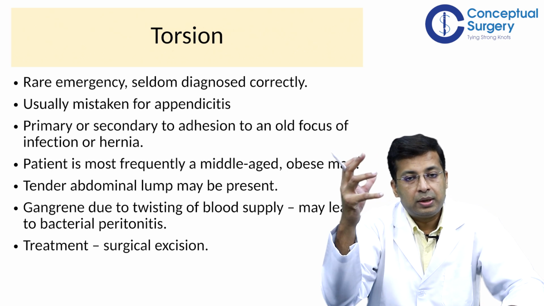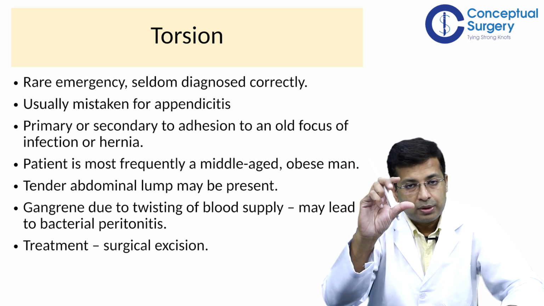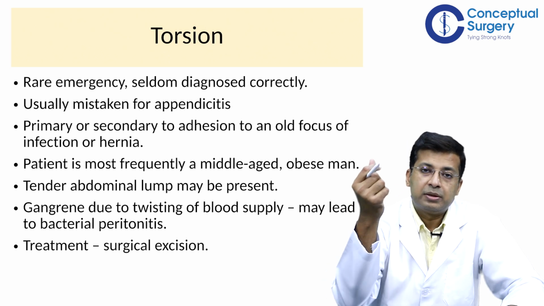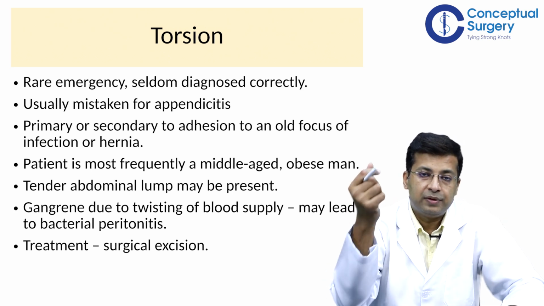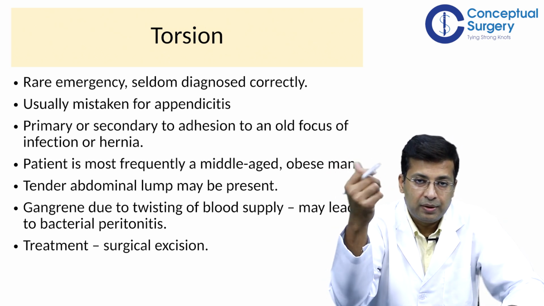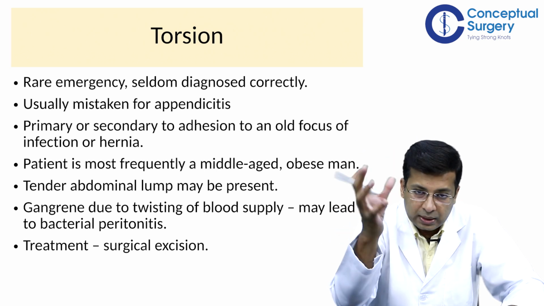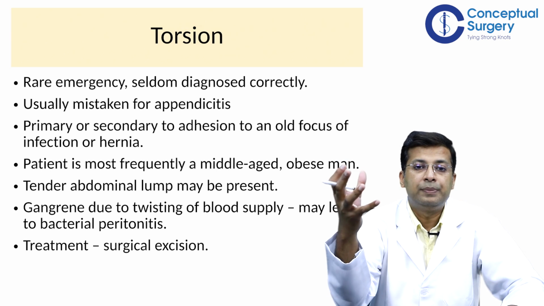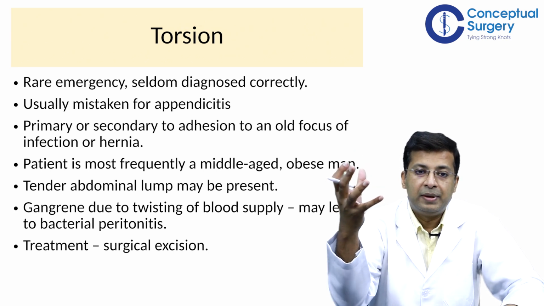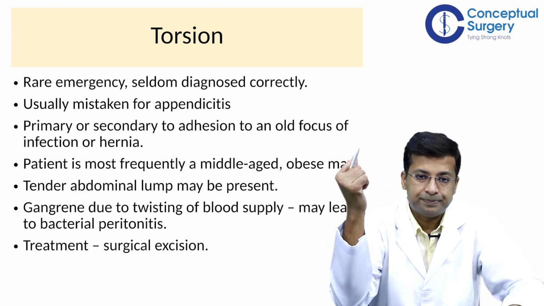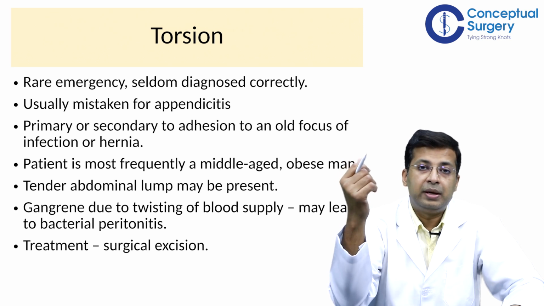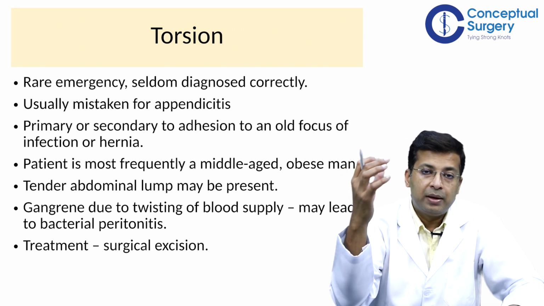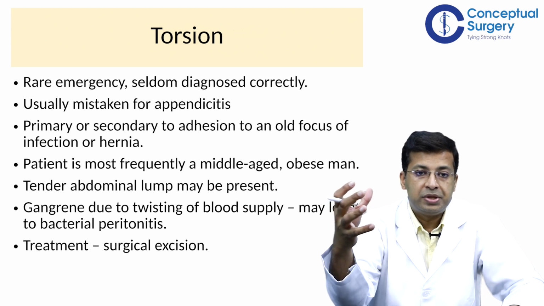And this torsion causes the vessels to get kinked because of the twist. Because of the thinner wall, the veins are the first ones to get kinked, and later on, with the increasing edema and the torsion not getting detorted on its own, a time will come when ultimately the arteries will also get torted and there will be an interference of the blood supply of the omentum. Now, once the omentum's blood supply gets affected, it will ultimately cause gangrene of the omentum, which may give rise